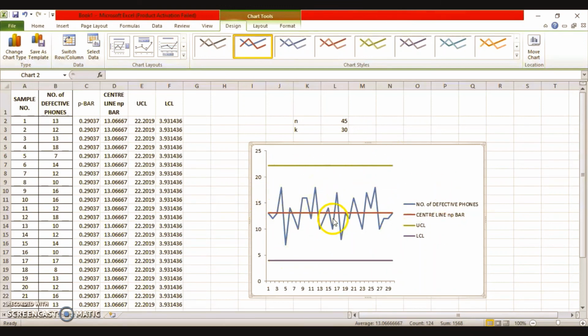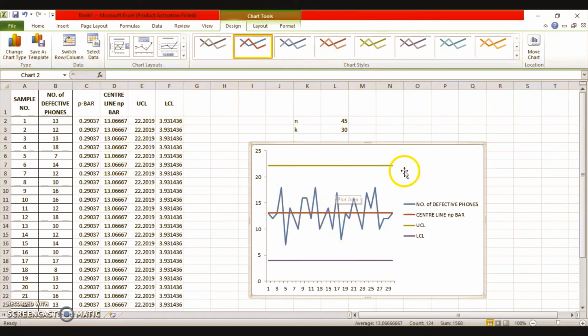None of the data samples provided in this problem is crossing the upper control or lower control limits. What does that mean? That means this process is in statistical control, right? So there are no discarded sample points in this particular problem.